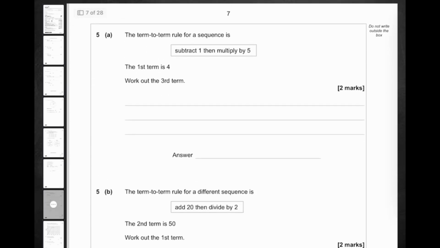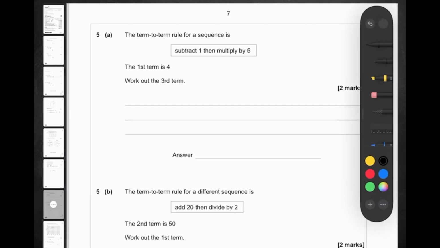Question number 5. The term-to-term rule for a sequence is subtract 1, then multiply by 5. The first term is 4. Work out the third term. So we know that 4 minus 1 multiplied by 5. The key word here is then, which is why I've put the 4 minus 1 in brackets, equals the second term,